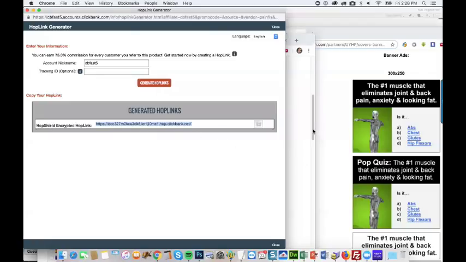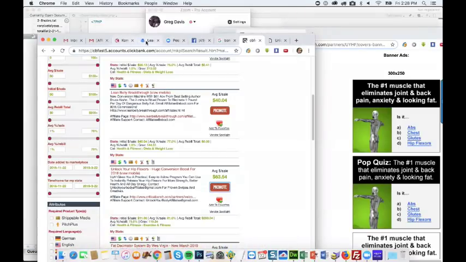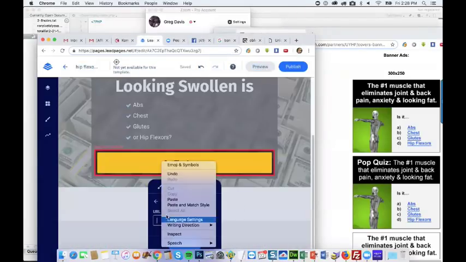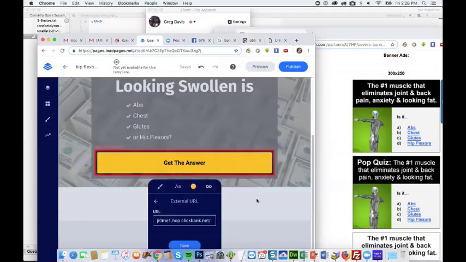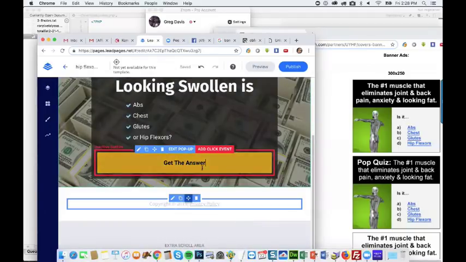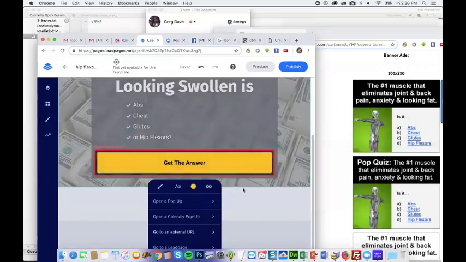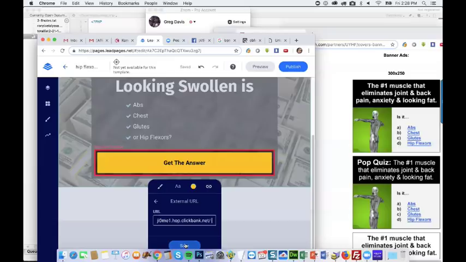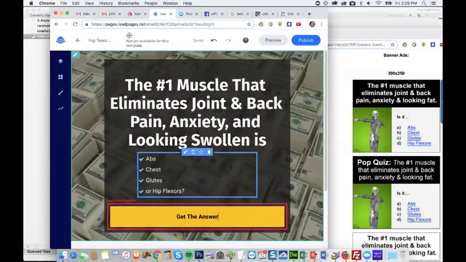So we're going to copy that and put it in here. All right, so we got that. So now when they click on that button, it'll go to that link. I'm not sure what the problem is with this.